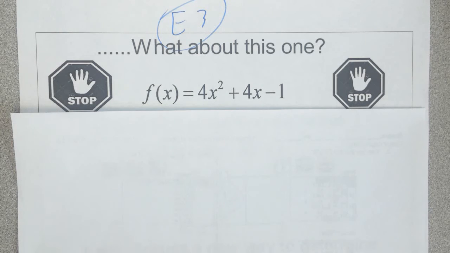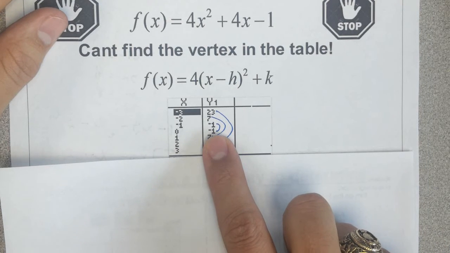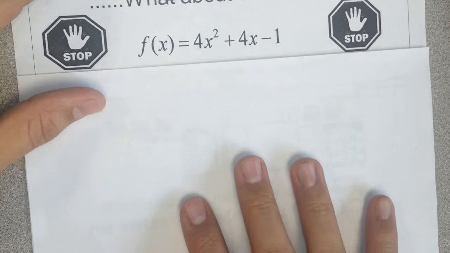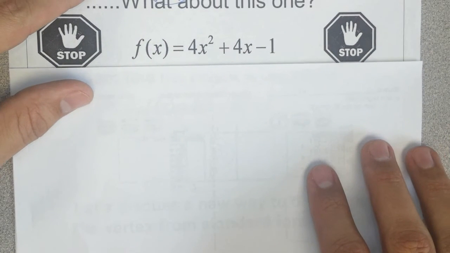Okay, we're actually going to go back to this one. This is the first one we looked at. Whenever we looked at it, we couldn't find that vertex. So we're going to go ahead and take care of this one without the use of finding the vertex because